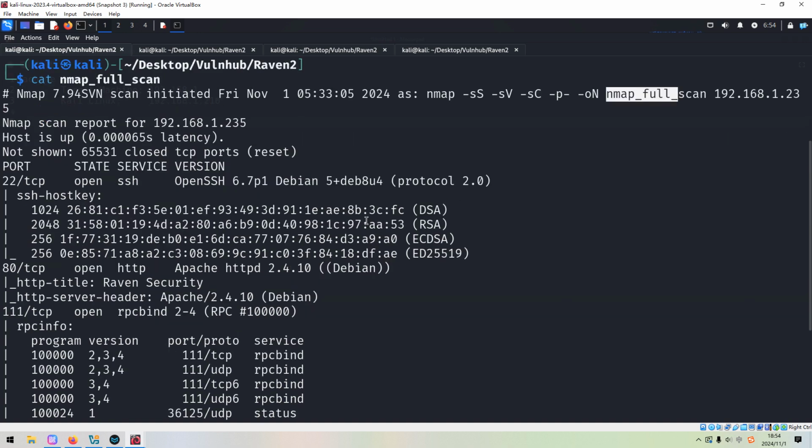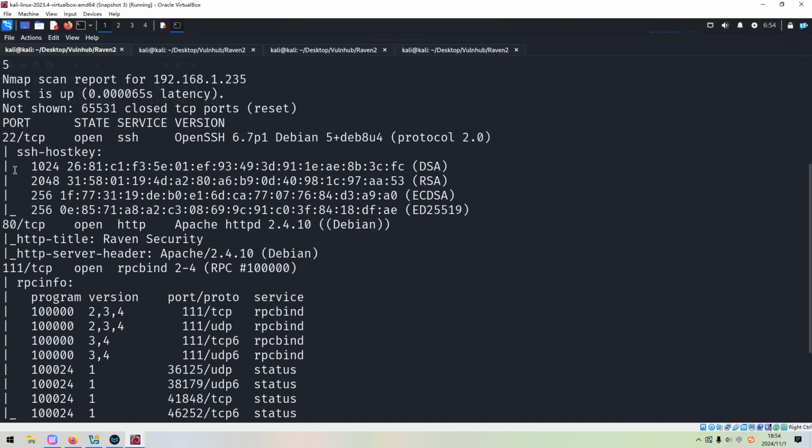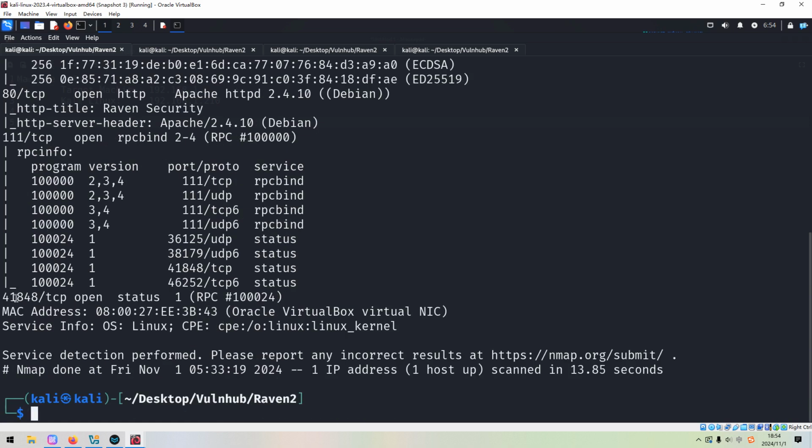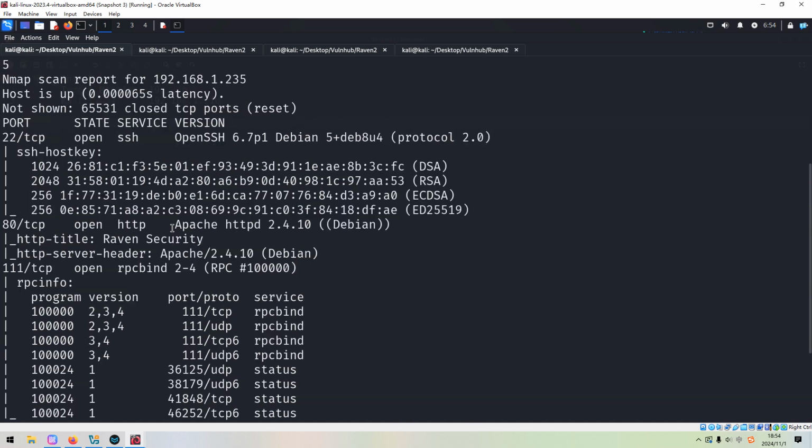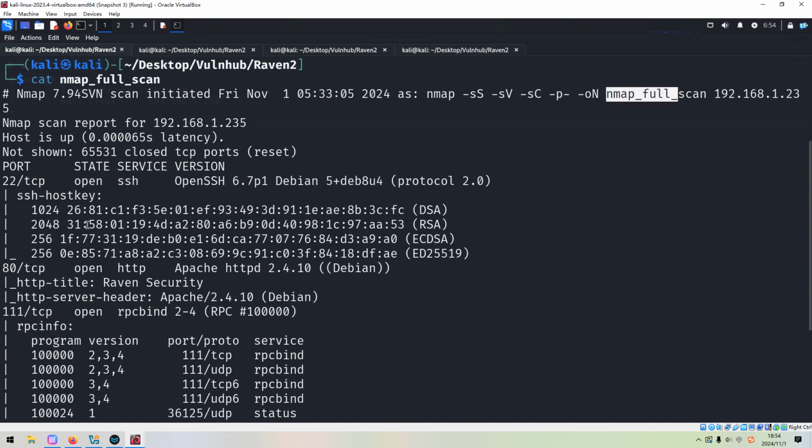From the Nmap scanning results, we can tell that the target has 1, 2, 3, 4 open port numbers, but the last two are used by RPC, remote procedure call. In most cases, we do not need to pay attention to such port numbers. So let's look at the first two open port numbers one by one.